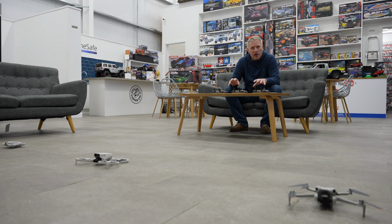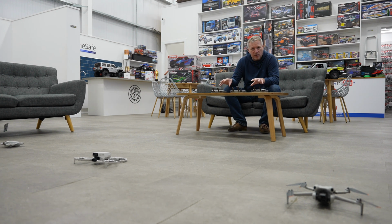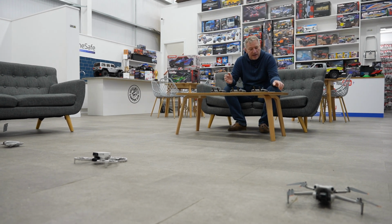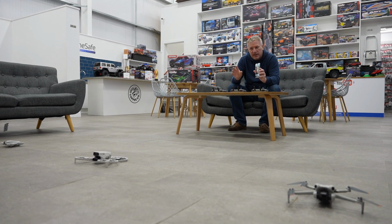I've got 3 remote controllers. What I'm going to do now is screen record from every single one of these remote controllers. We can obviously overlay that on the video. I'm going to do an auto takeoff. As I do, I'm going to set the stopwatch and let's see how close we can get to the claim